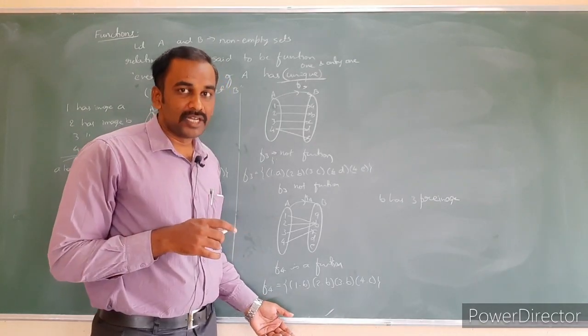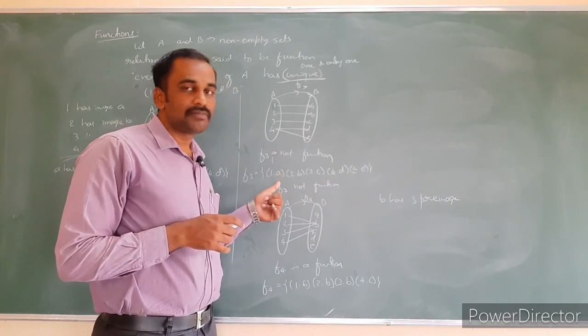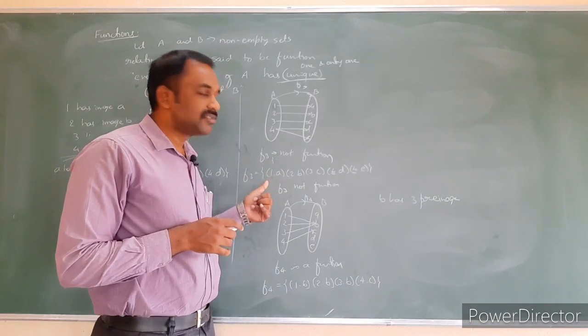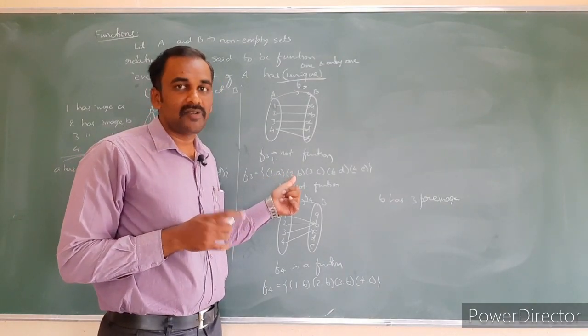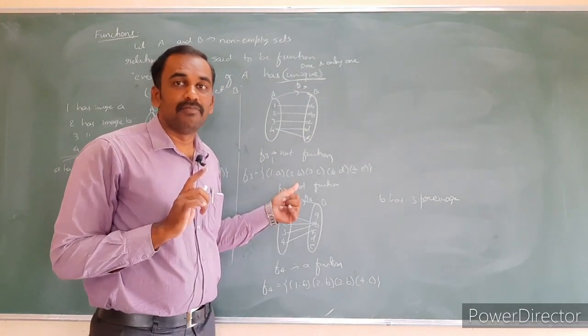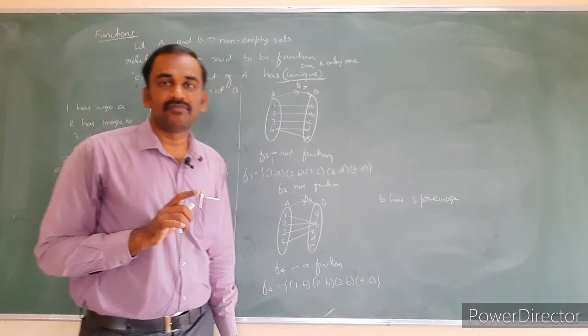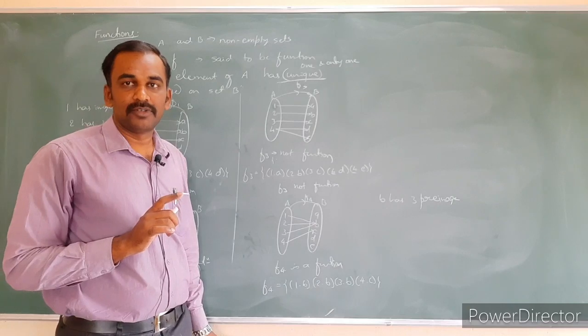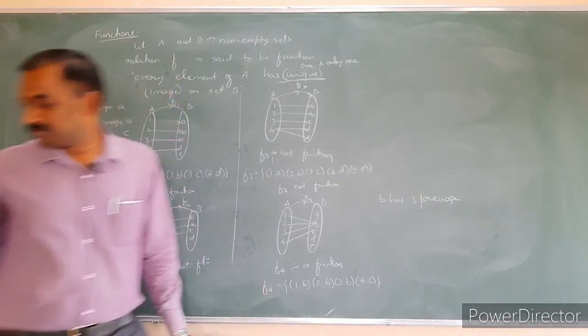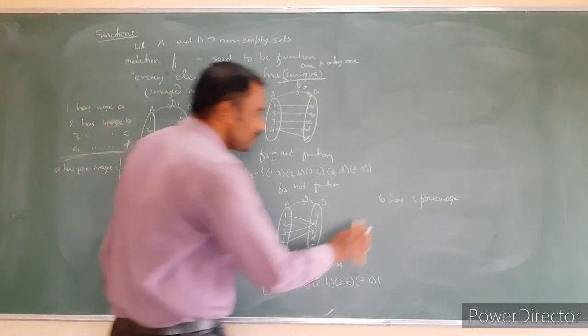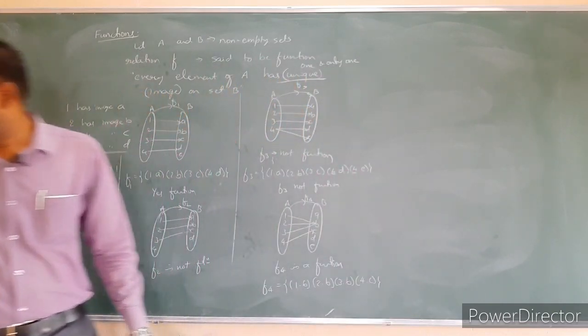Have I mentioned that if the second element is repeated, then I am deciding depending upon the second element? No, I am just deciding based on the first element. Based on the first element, it is not repeated. Obviously, it is a function. I hope you can clearly get my point now. So I hope you people have got my point.